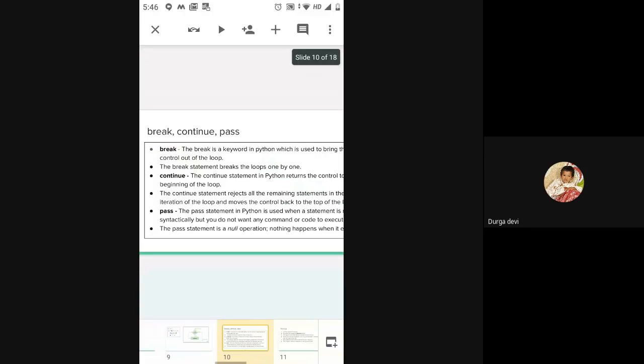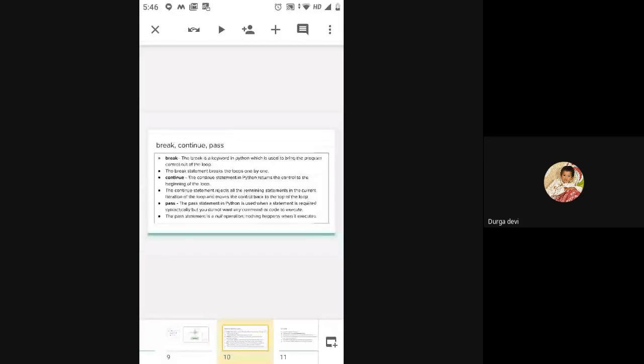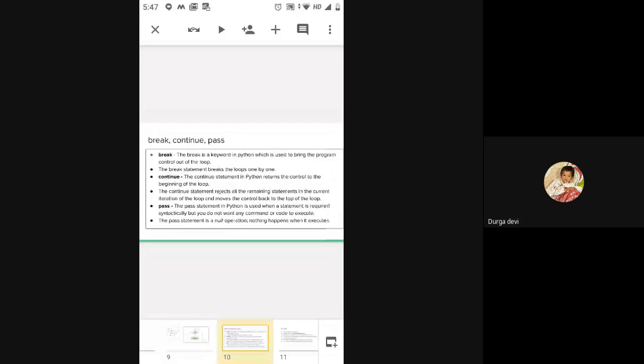Okay, so you have these three keywords that you can use along with loops. One is the break keyword. The break keyword is used when you want to break the loop in between before the condition is satisfied, in case of a while loop. So if the condition is true but you still want to break that loop, in that case you can use the break keyword directly. Yeah, it will break